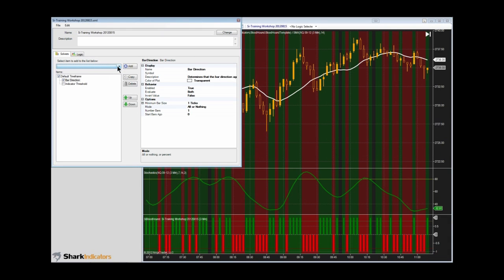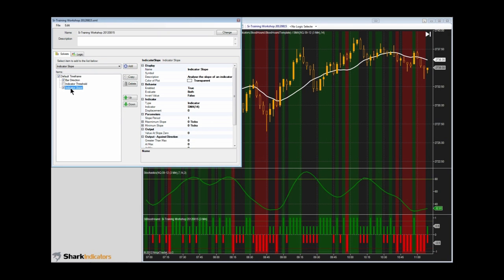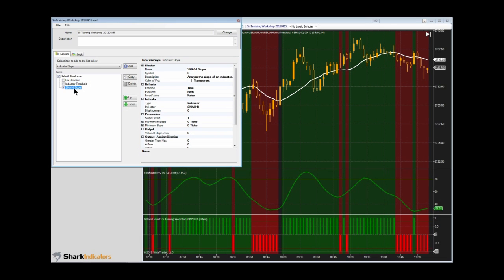Now, if I add another solver, so let me add the slope solver. This slope solver is going to be SMA 14, and this white line is the SMA 14. So let me turn the bar direction off. Okay, so we have the slope solver turned on, and once again, we have our output set